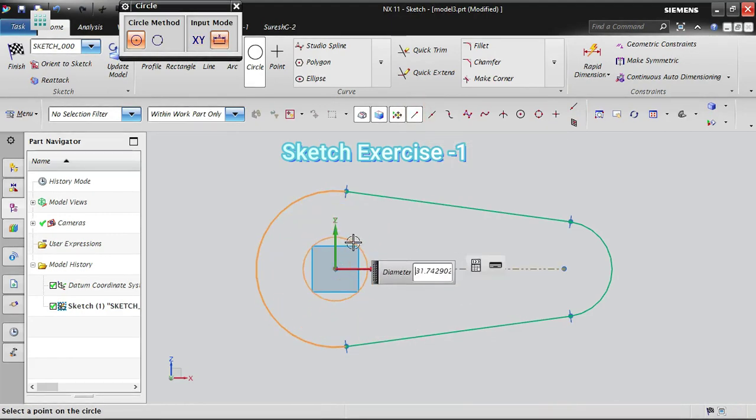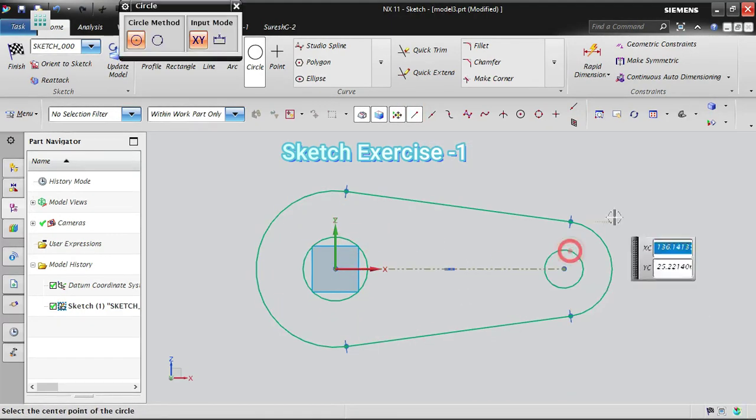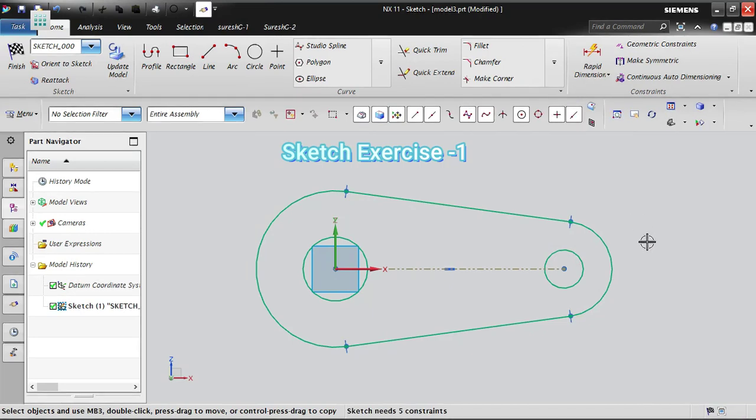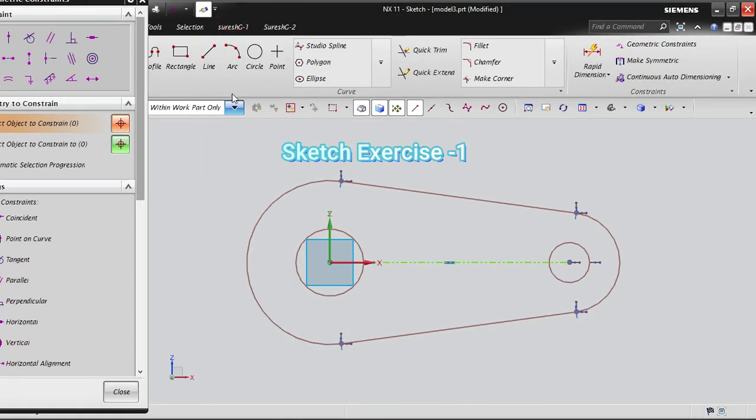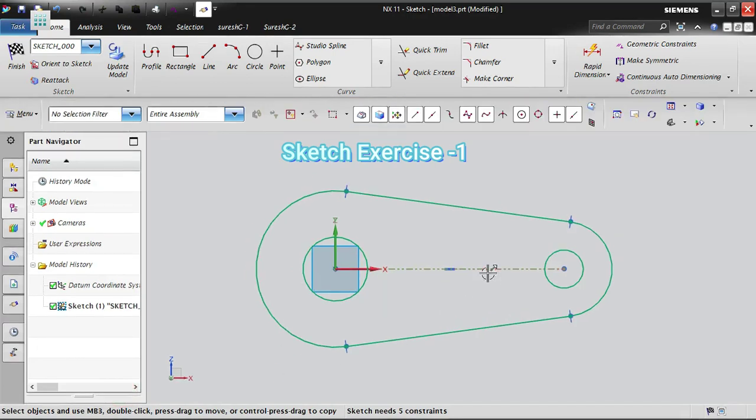Okay, right. So till now I didn't give any dimensions, please remember that. I did only the geometrical constraints, everything. So here it is connected with tangent, tangent, tangent, tangent, and I have created one line, and with reference to that I created two circles. Now you see, you click on this geometrical constraint, you will come to know which constraints are present here and which constraints are yet to be controlled. Okay, here you can see this line, the sketch says it needs 5 constraints, and which are the objects